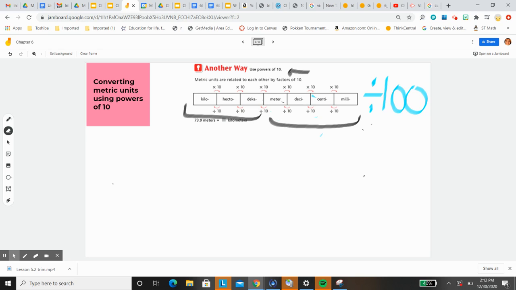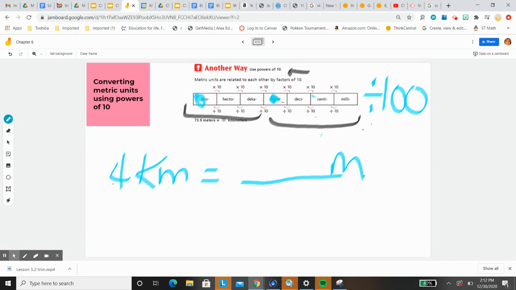Let's do another problem. Let's do, I don't know, let's go the other way. I have 4 kilometers. Okay, km is kilometers, and I'm going to convert that. I want to know what it's equal to if it is in meters. Okay? Okay, so I'm going to start at kilo, and I'm going to go all the way to meter. Now, I'm going to count how many bumps or how many times I walk. I go 1, 2, and I go 3. So if I bump 3 places,